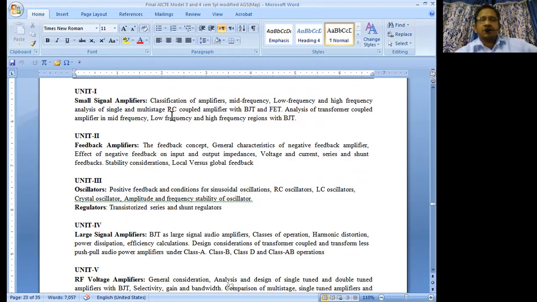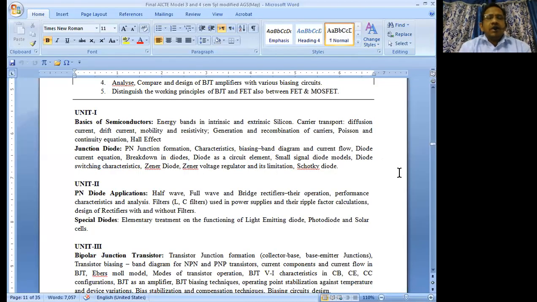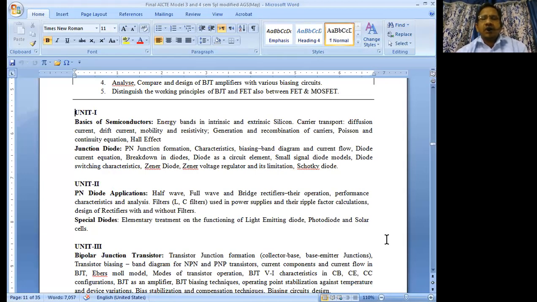The basis to understand small signal amplifiers is the amplifiers topic in electronic devices and circuits. I can simply say something about the basic syllabus we have on this as well. In the ED subject we discussed various concepts such as the basics of semiconductors, the p-n junction diode and its characteristics, the Zener diode and its characteristics, and applications of the p-n junction diode as a full wave rectifier.